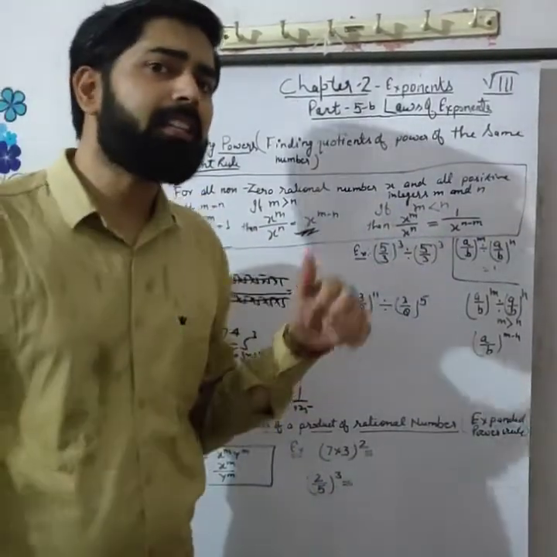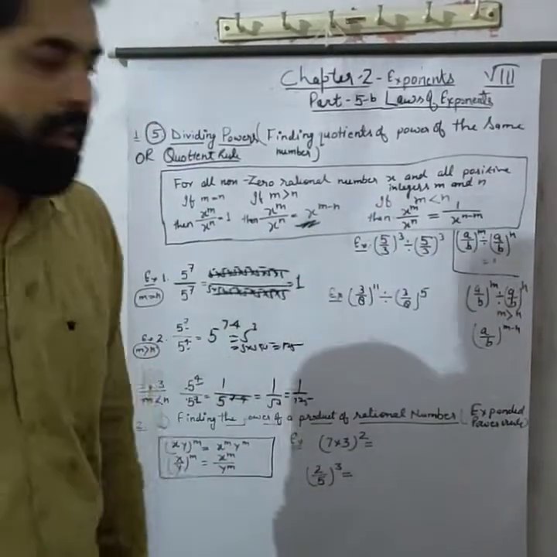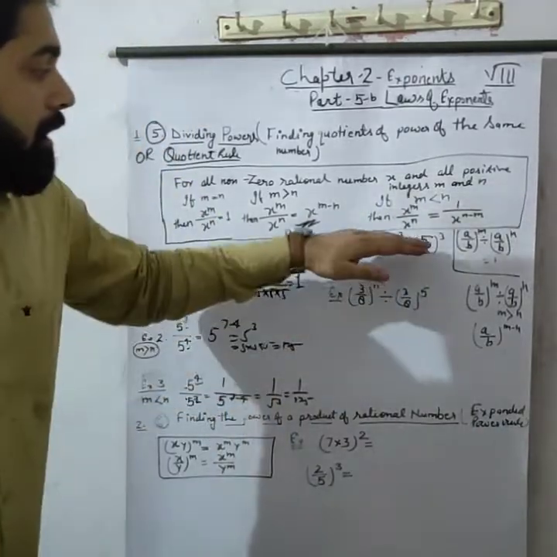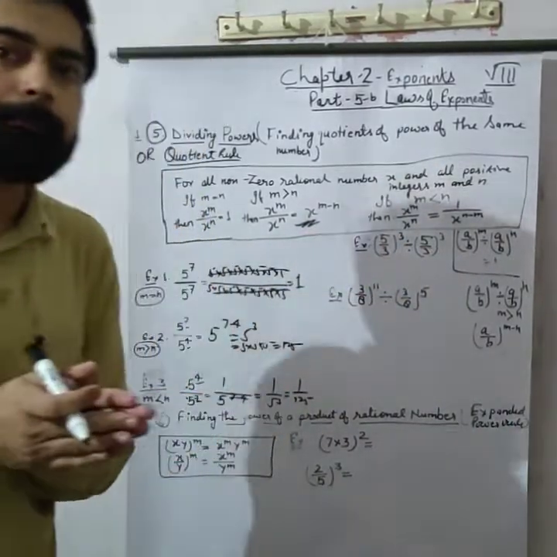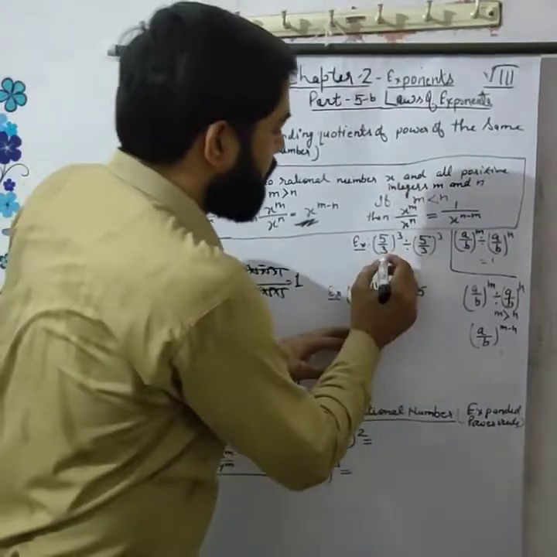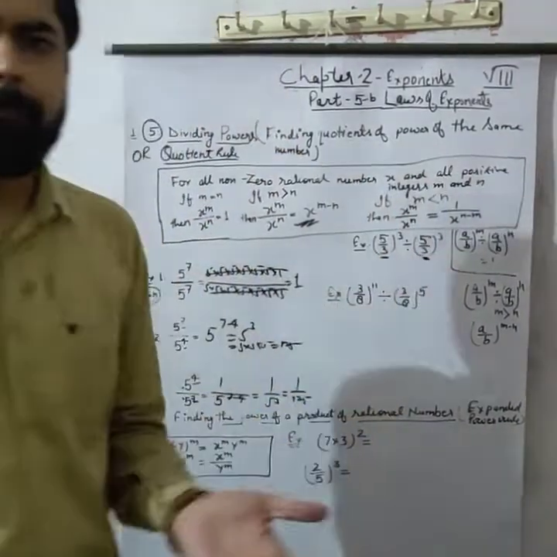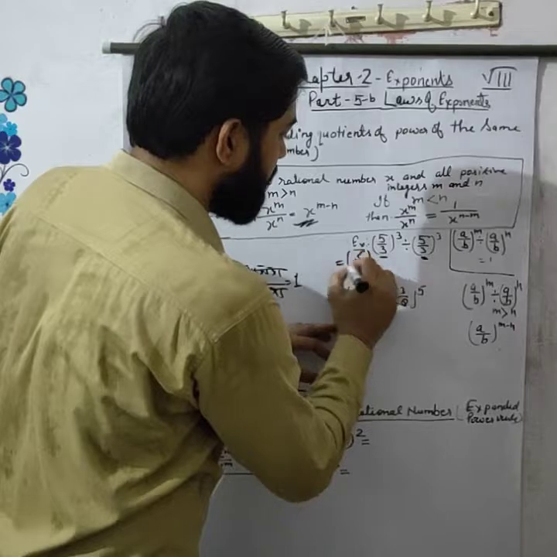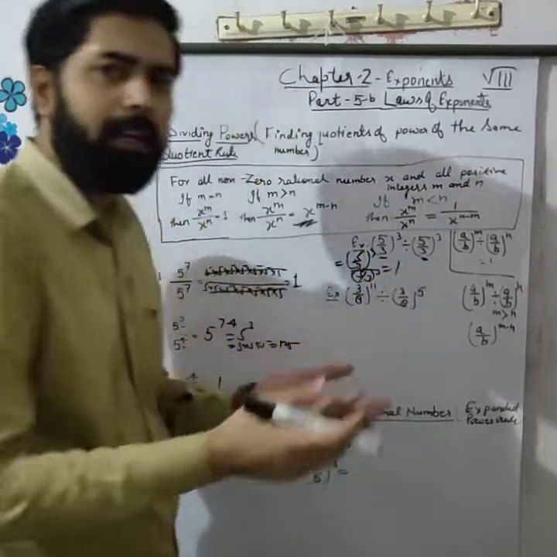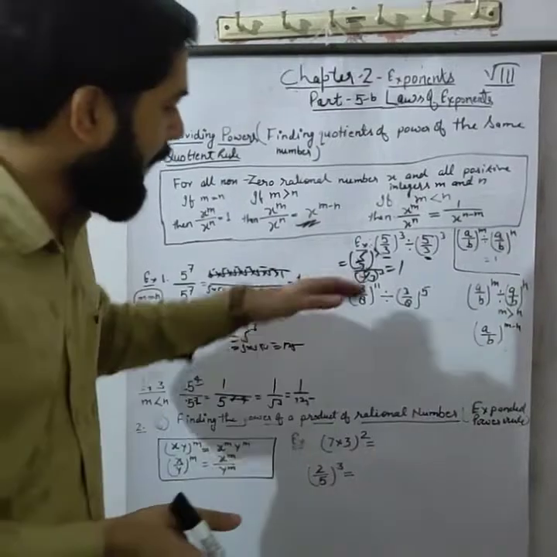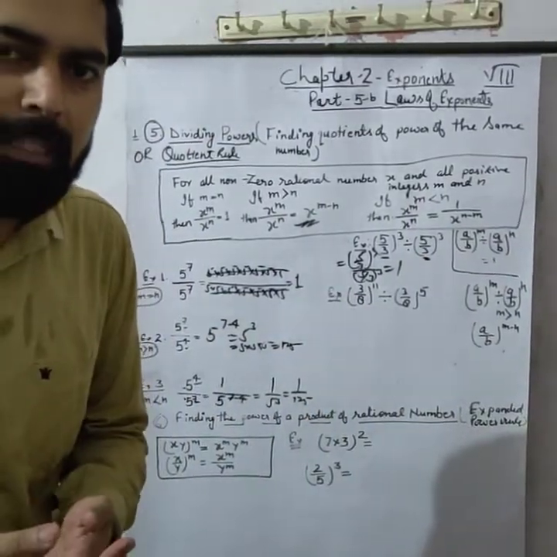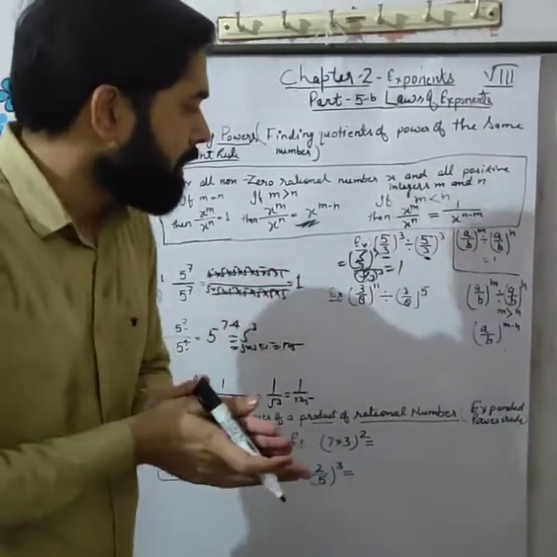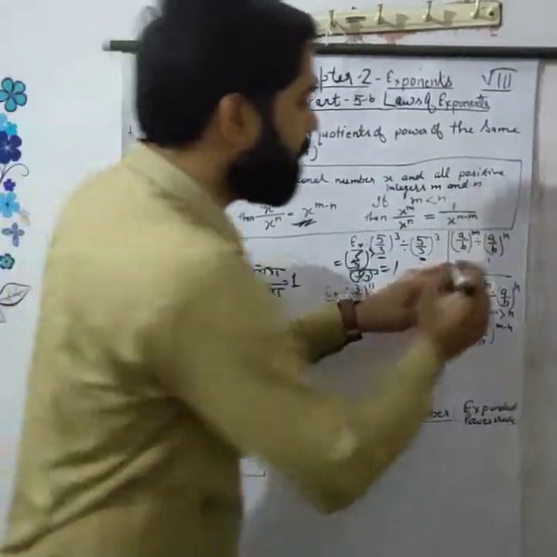Now, if the question is given in a rational number form, how can we solve it? Same condition. Look here: 5 upon 3 raised to the power 3 divided by 5 upon 3 raised to the power 3. First, we match both bases. First base and second base are both the same. So we can write it as (5 upon 3) raised to the power 3 divided by (5 upon 3) raised to the power 3. Then the value will be 1, because 5 upon 3 is multiplied 3 times, and in the denominator 5 upon 3 is multiplied 3 times. All the 5 upon 3 cancel. Then what is left? 1.